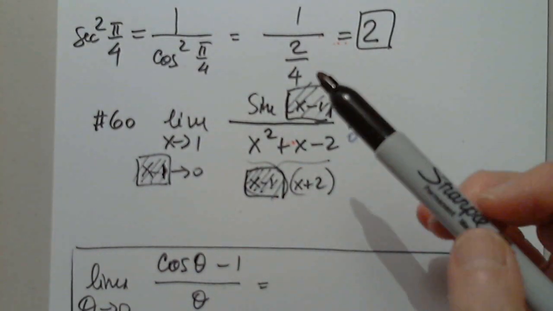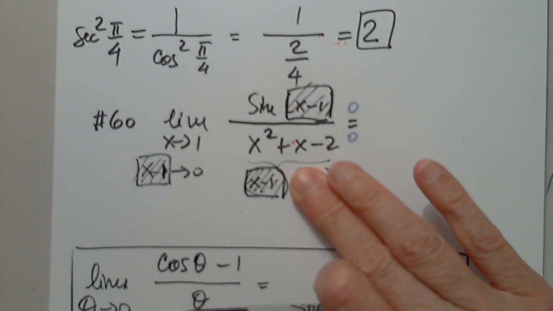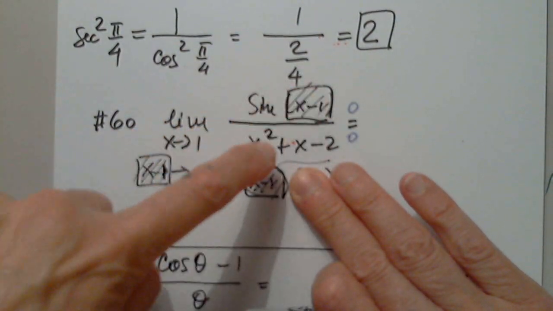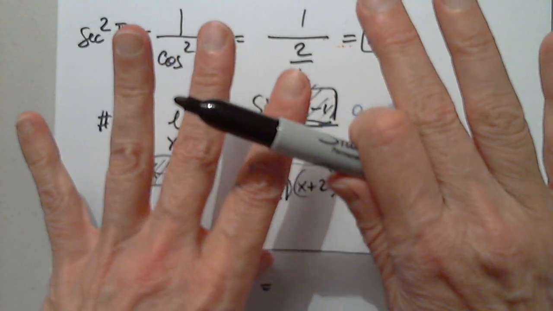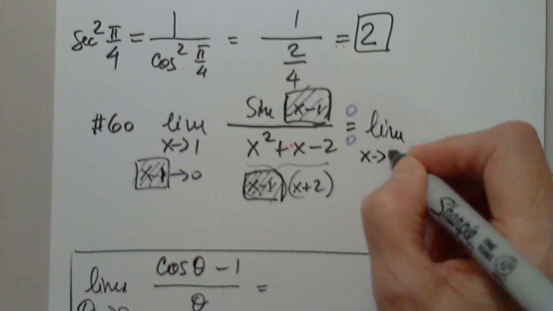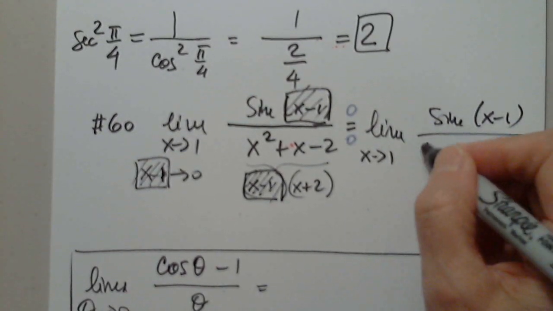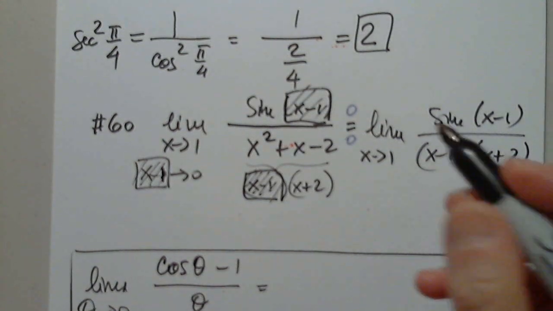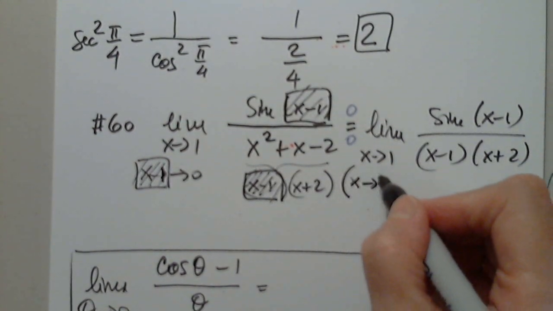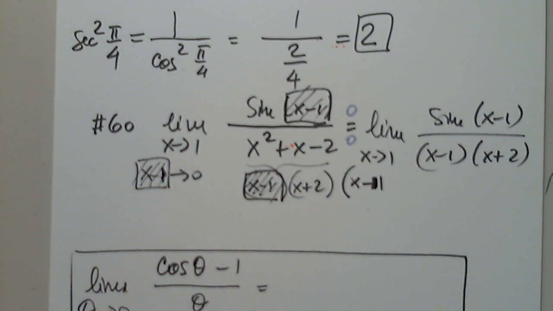where is this going? Sine of x minus 1 over x minus 1. I know there is an extra piece, but I'm only asking about sine of x minus 1 over x minus 1. Let's write it one more time because it's not clear. The limit as x approaches 1 of sine of x minus 1 over x minus 1, times x plus 2. Or I'll put it in parentheses. Oh, that's not what I meant to say. I meant to write x minus